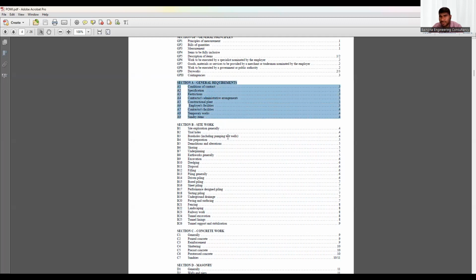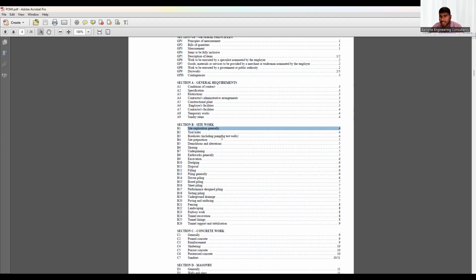So once you have done the fencing, site office, temporary water and electricity, you transport the labor to the site. Then what do you do next? You have to check your site, whether we can put this foundation, whether we have to put a pile foundation or raft foundation or footing foundation, whatever it is. Then you have to do a site investigation. Site exploration. You have to do the site exploration.